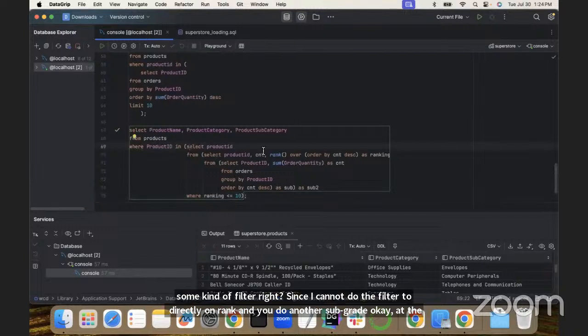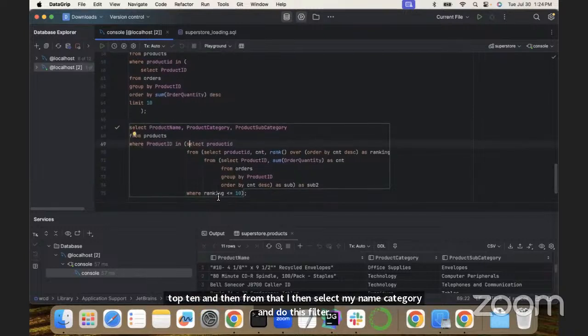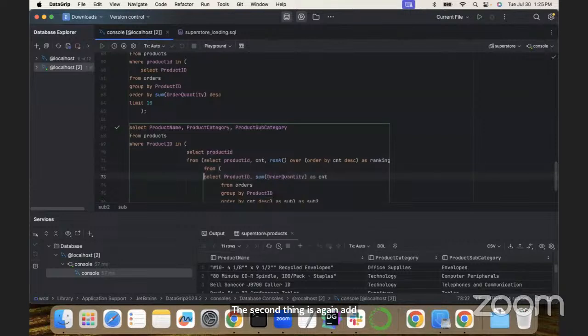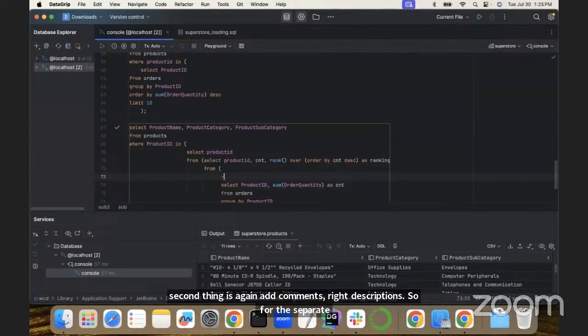This is a good example to show you, with all these subqueries embedded within each other. First, you want to make sure you have the correct indentation, so it's easier for people to read. The second thing is, again, add comments and descriptions. So for the subquery, this is to get